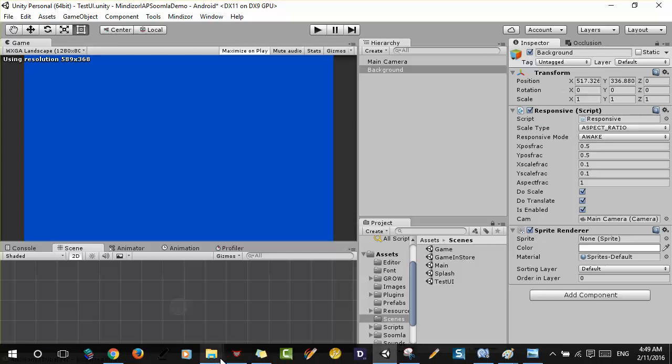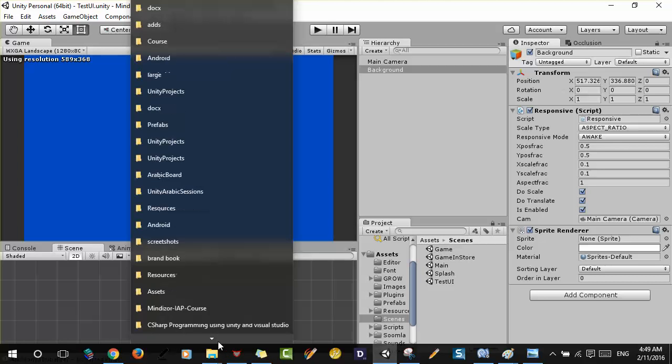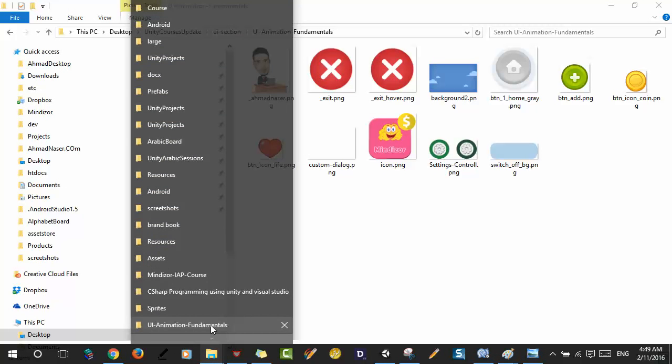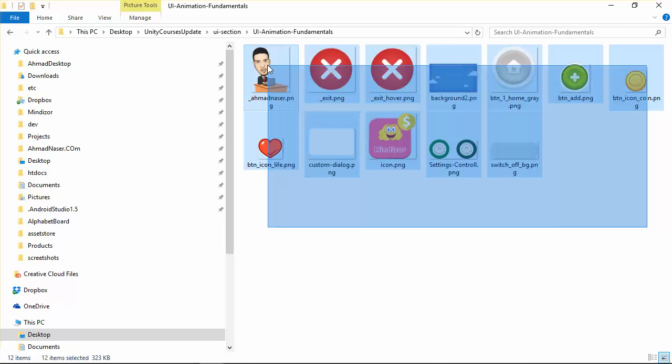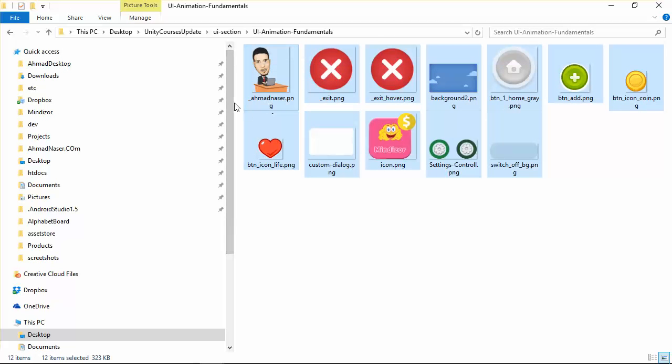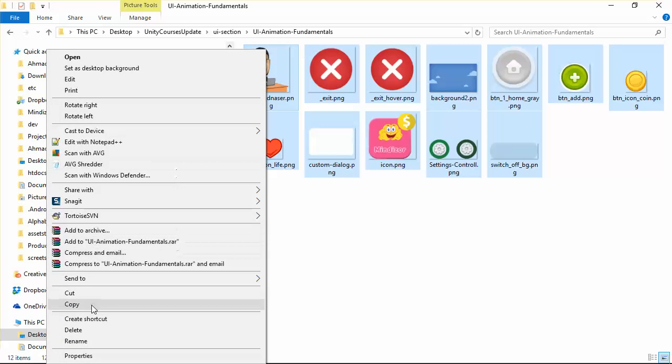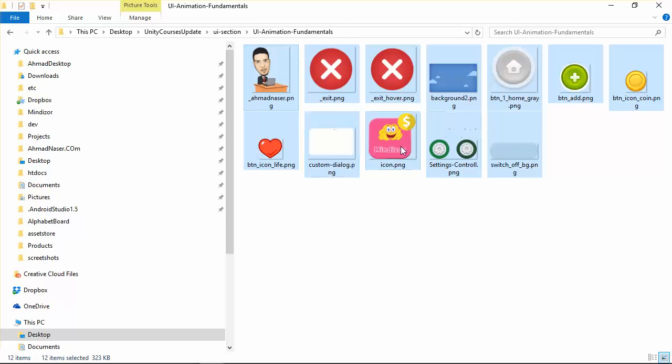So I'm just gonna give you a zip file including all these UI elements we have here, many elements, so you have to use them inside this example. So you can go here, copy them, extract them. You can find them in the download tab and the description of this video, and in the bonus, in the source code section of this course. So if you have a problem finding them, just contact me. I'm just gonna send them to you. So you can copy them here